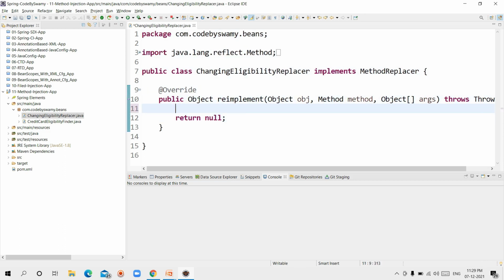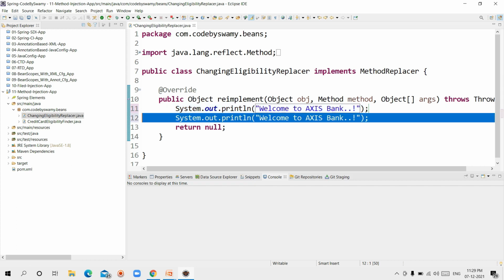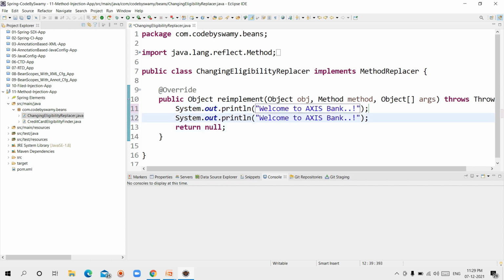Here I am writing System.out.println: Welcome to Axis Bank. You are eligible for the Axis Bank credit card.